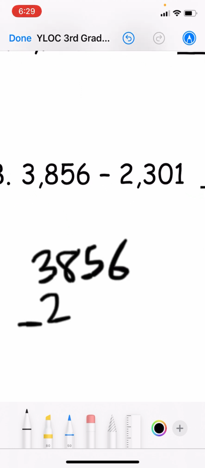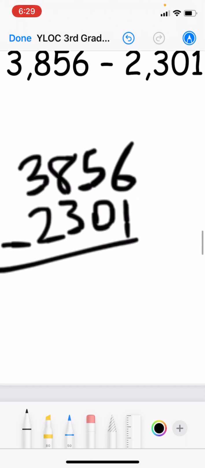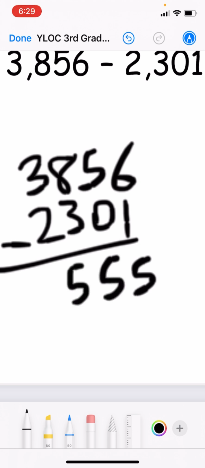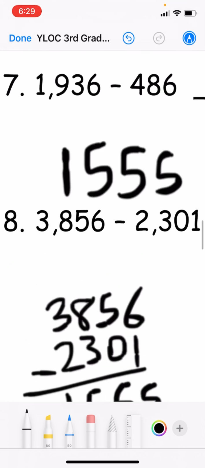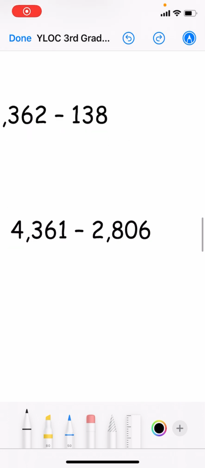3,856 minus 2,301. 6 minus 1 is 5. 5 minus 0 is 5. 8 minus 3 is 5, and 3 minus 2 is 1. So we have 1,555. On this side, we have